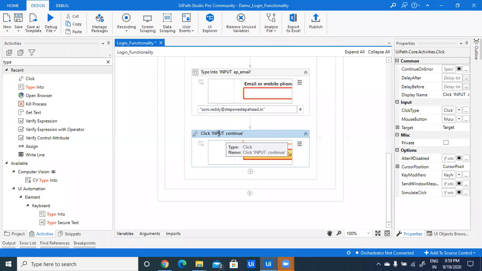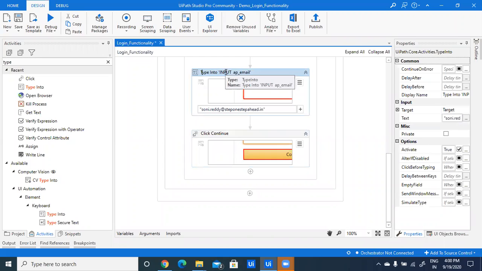It is validating. Just change naming conventions. Here we are just clicking continue button. And here we are typing email ID. We are entering our email ID in the text field.